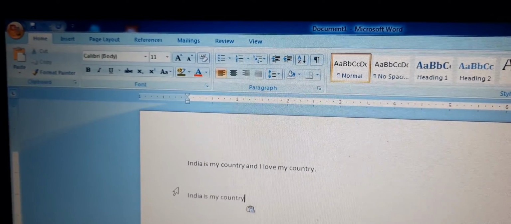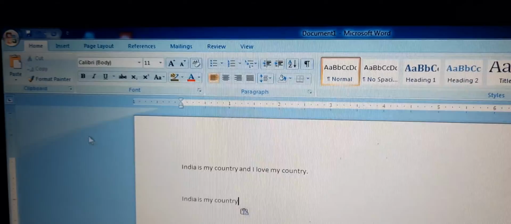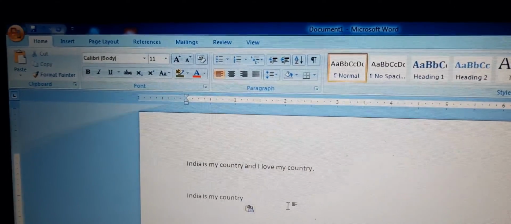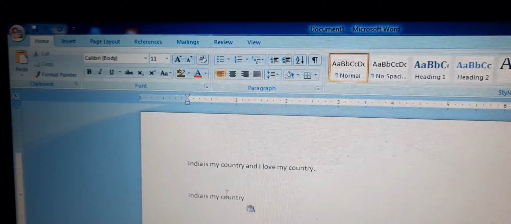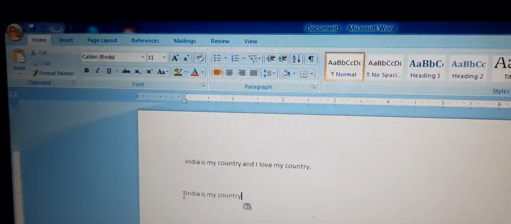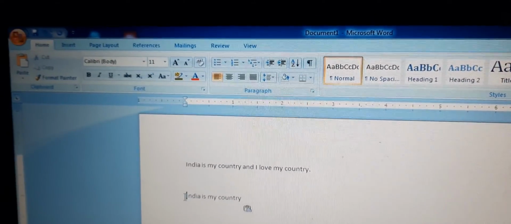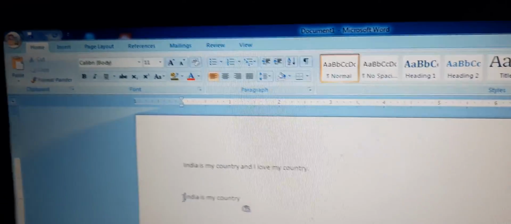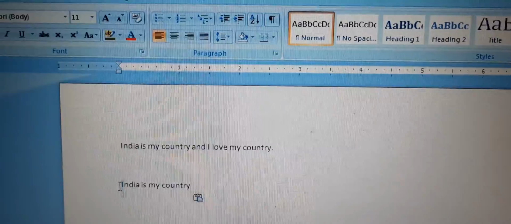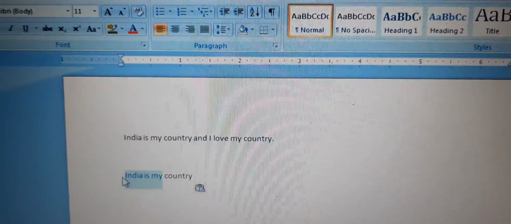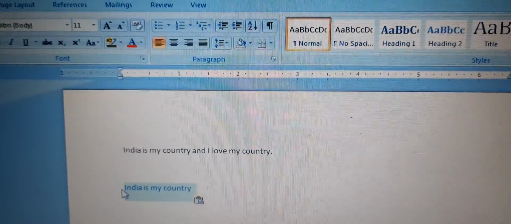Okay, simple. Same way you can cut and paste. Suppose you want to paste this line at the end of the first line. So you will select it. Okay, India is my country, the bottom line, I am selecting using the keyboard.